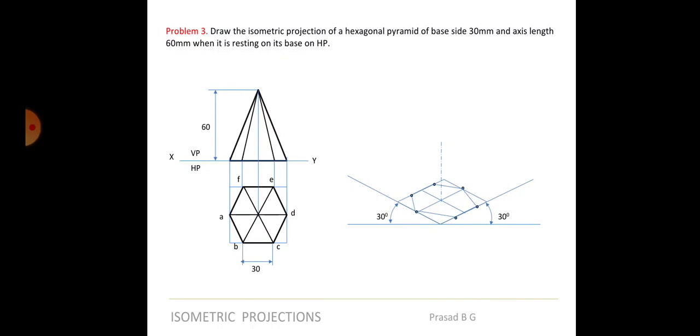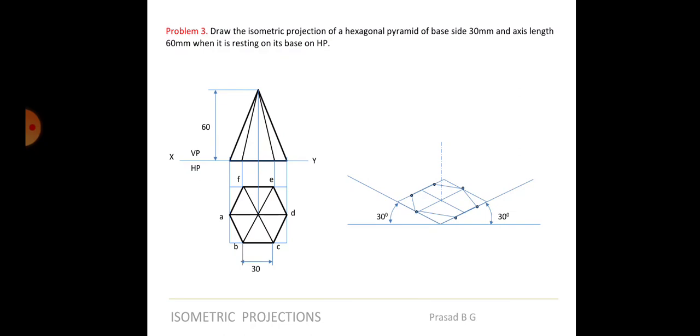Okay, so while drawing this particular hexagon also, I want all of you to draw it very light, because I've been saying this in all the problems. Please don't make anything darker in any of the drawings, not only in isometry, in any drawing for that matter. You make everything light first, and finally you decide what is to be made darker. If you start drawing dark in the beginning itself and later on you realize, okay, this shouldn't have been dark, this should have been projection, this should have been hidden or whatever. So in any case, the best thing to do is draw everything in very thin projection line thickness, and then finally after drawing you decide what is to be dark.